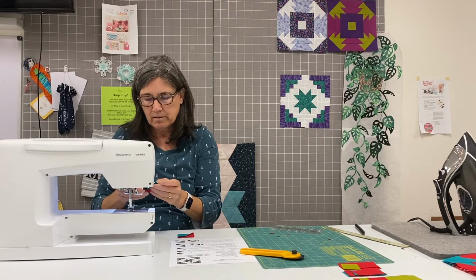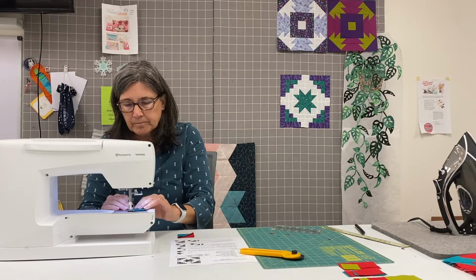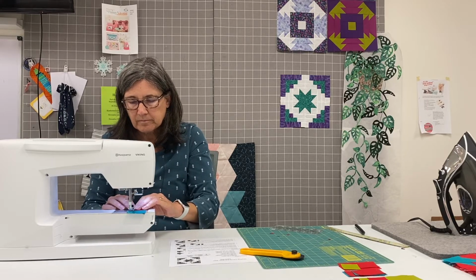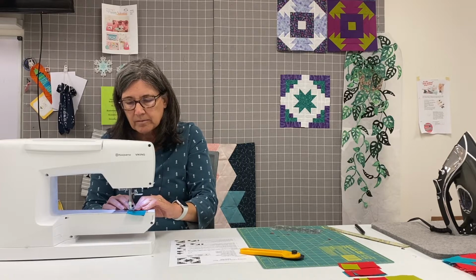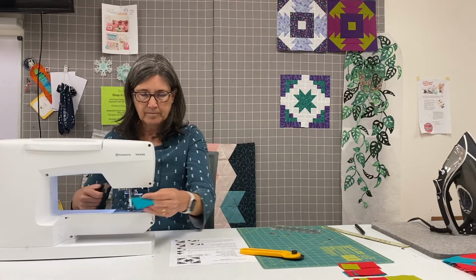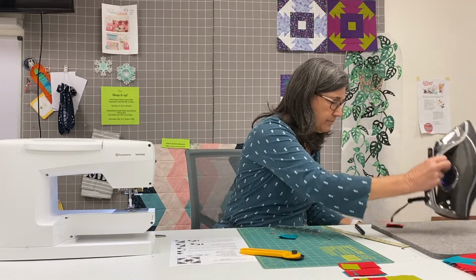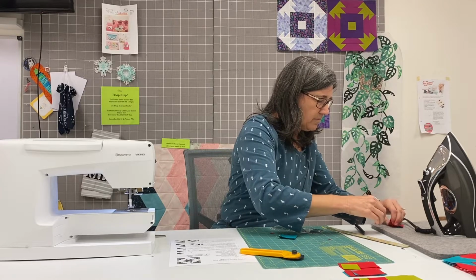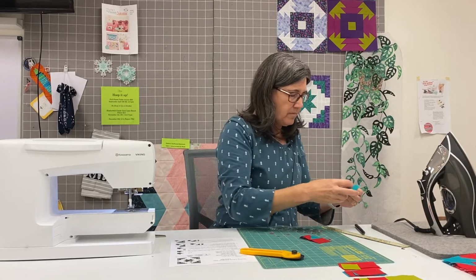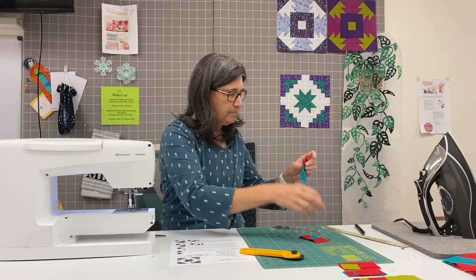Okay, so I'm going to sew these. Again, you want a really accurate 1/4 inch seam. I'm going to press it towards the plain square. Okay, so my unit